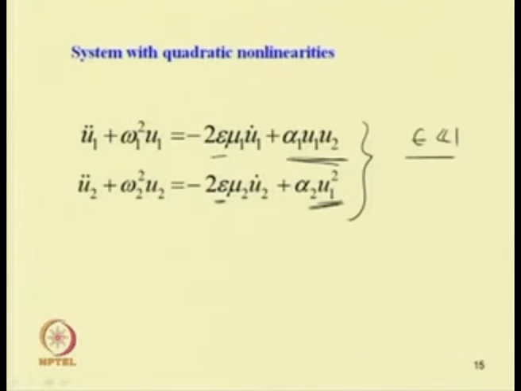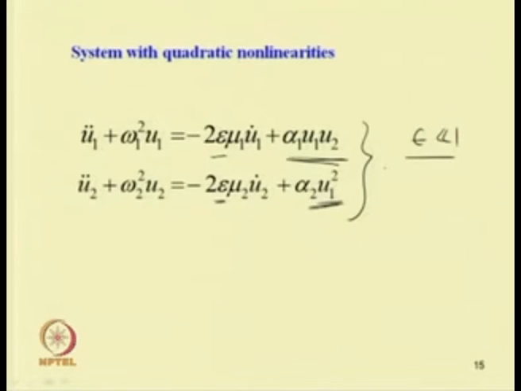As we are taking this coupled equation, though there is no external force acting on the system, one may think that there will be energy transfer between u 1 and u 2. So, we can consider two different types of case. In one case, one is the resonant case. This resonant case will come due to the internal resonance in the system, and the second case we may consider is the non-resonant case.